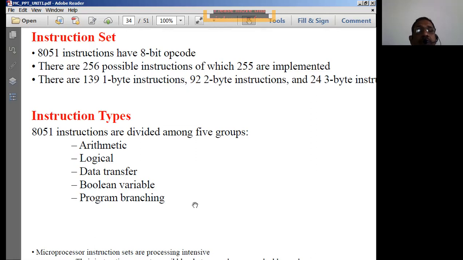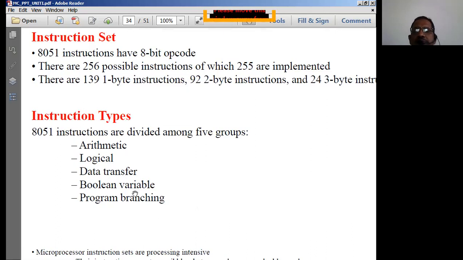microcontroller. Well, next, what are the various types of instructions in the 8051 microcontroller? The instructions in the 8051 are divided into 5 different groups.